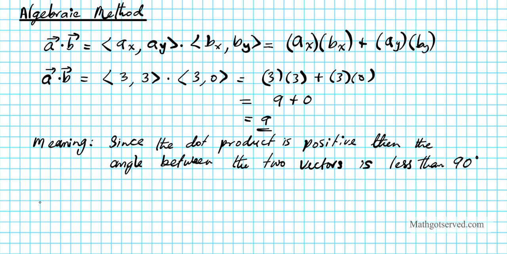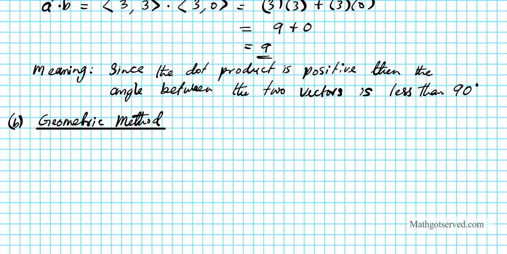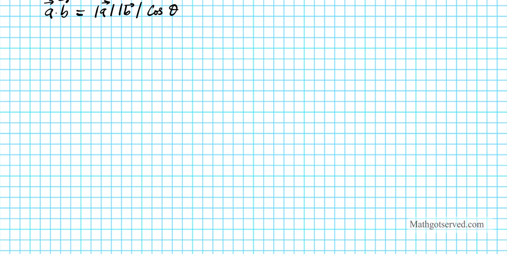Okay, so this was the A part. For the B part, we're going to use the geometric method. All right, so what is the formula first? Let's write down the formula so we can find the relevant components we need to compute the dot product. So A dot B, using the geometric formula, is simply the magnitude of A multiplied by the magnitude of B multiplied by the cosine of the angle of separation between the two vectors. All right. Okay. Now, vector A